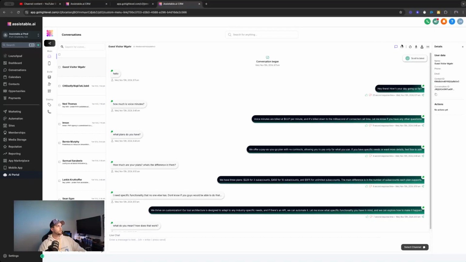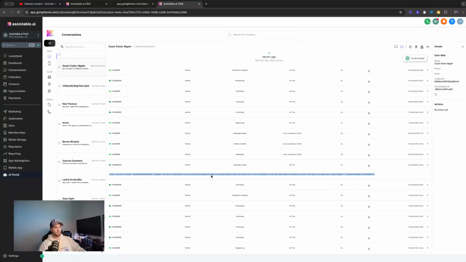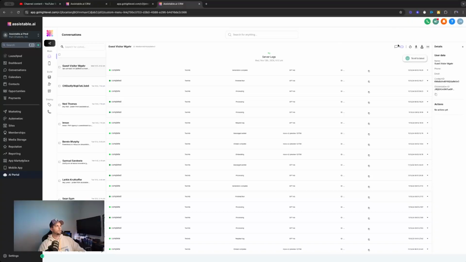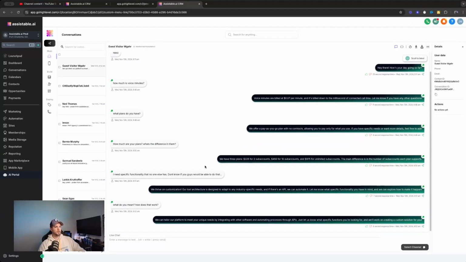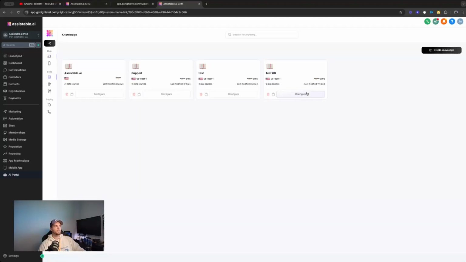And so as that's generating, again, we can always come back in here and check and see what the output was. This is what it gave on the idea of the answer from the knowledge base. So if you want to audit that or make it better. So there we go. Creating custom solutions. And now let's ask something about, what did I put in there? So I put in there